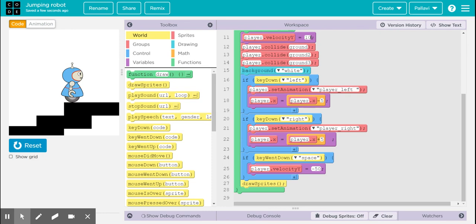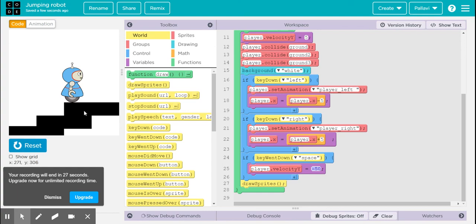And if you reduce the y velocity of gravity, then let's see what happens. It's taking more time to fall down, right? Because now your velocity y is very less in the downward direction, but more in the upward direction. So it will jump faster, but it will take a lot of time to come down. So you have to find the right balance of this combination. You can also try changing this number and see how it impacts the jump of your sprite.